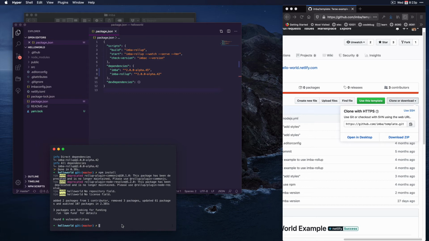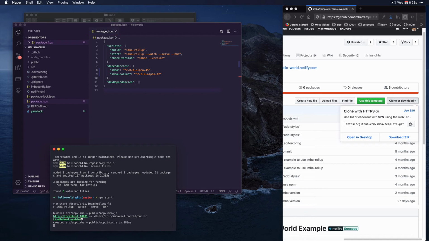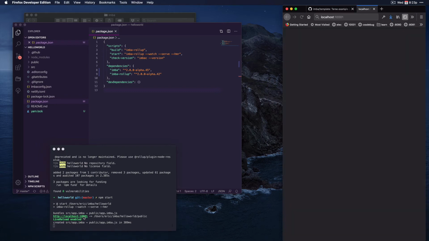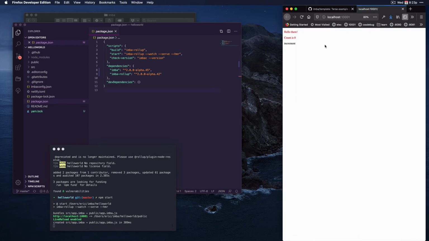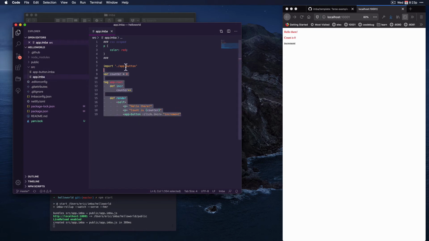Okay. And we can do npm start or yarn start. And let's see what happens. Okay, now we have a local server of our application, our Imba app, right here. And I'm going to command click on that, and it's going to open here on my right side. So now let's go over to our source code. You can click Imba, and here we go. Here's our application. I can click on here,